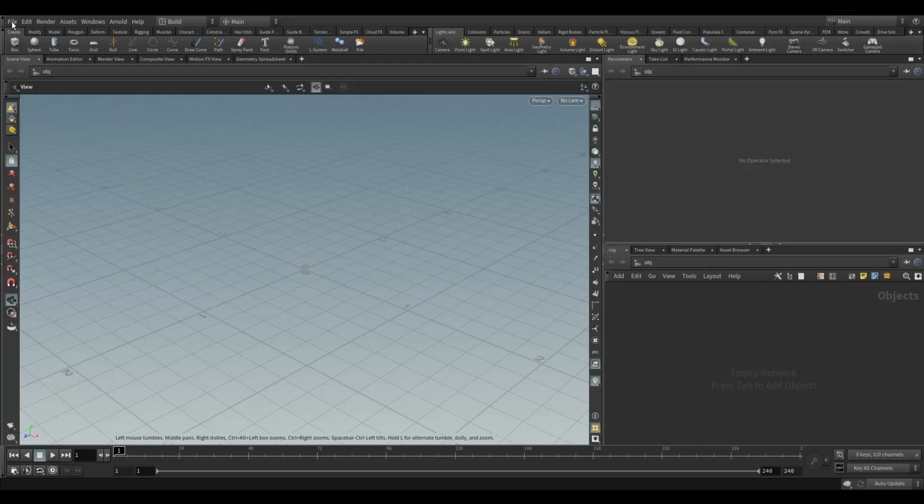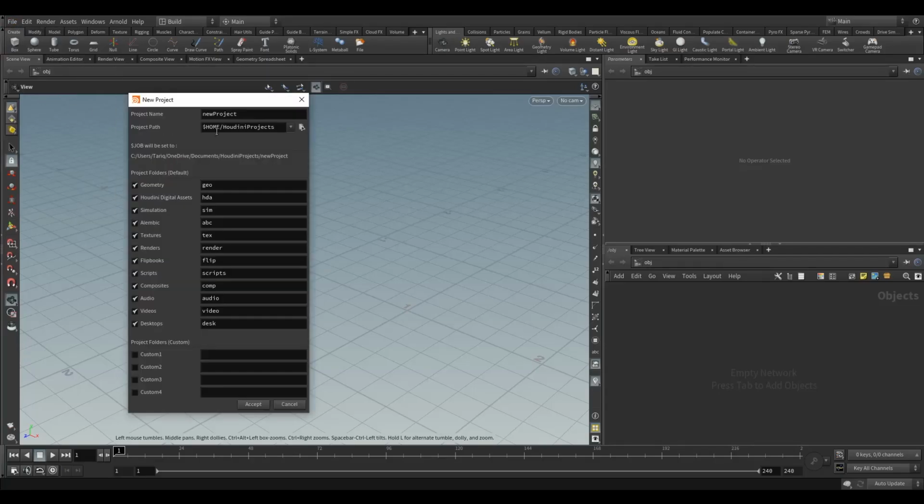Right, so first things first, let's make a new project. Call this Renascence. Can never spell this correctly. I think that's right. Renascence